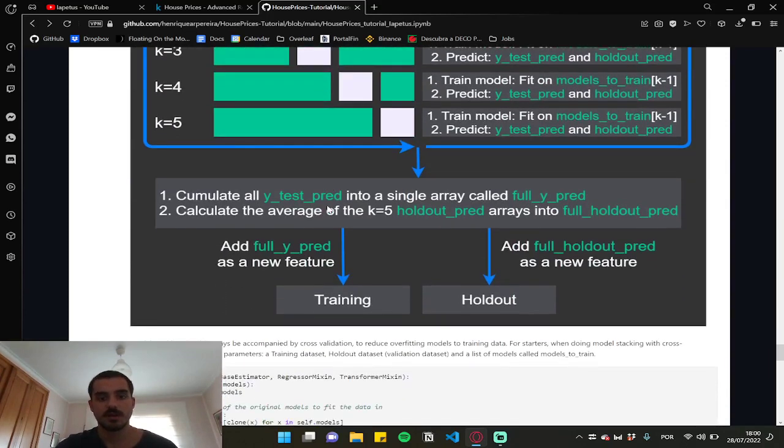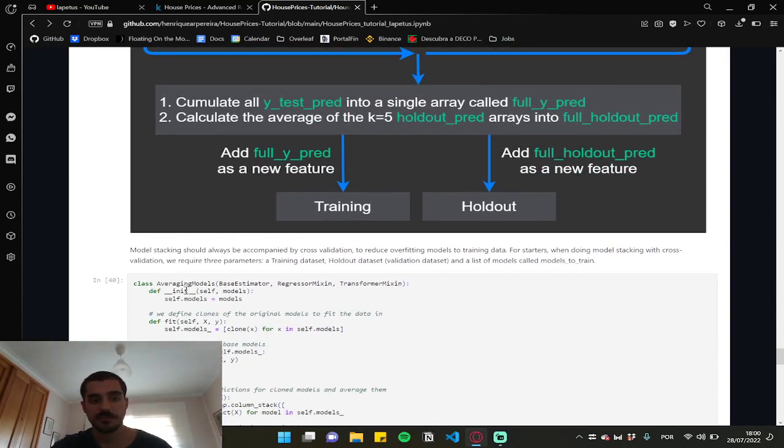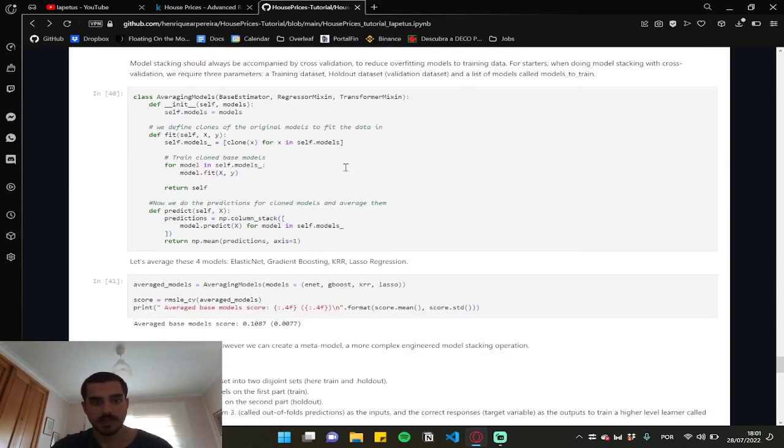This is a graphic to help you guys understand better what is model stacking. And with this, we're going to create a class with averaging models. This one will be averaging 3 different types of models. This is a more simple stacking of models. It's very common. You can find it on the internet everywhere. And we're gonna average 4 models: the elastic net, gradient boosting, kernel ridge regression, and lasso regression. With this, we can see that we can obtain even better results